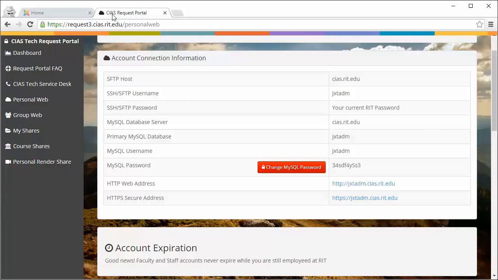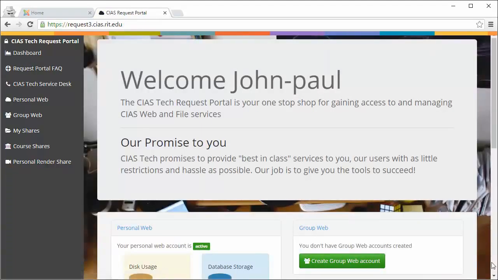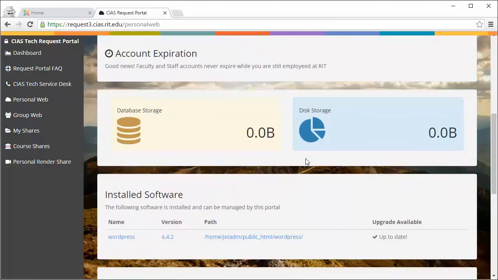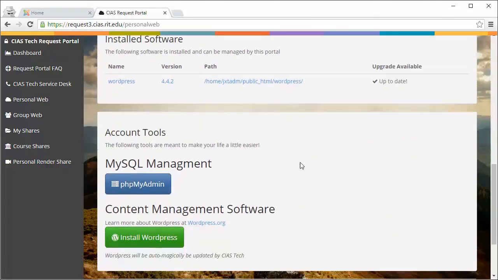So I'm going to go back to my web portal here, request 3. And I'm going to go down to personal web. Over here at my settings, you'll notice if we scroll down, we did this one originally installing content management software. We installed WordPress, but we also have an option here for MySQL management, phpMyAdmin.